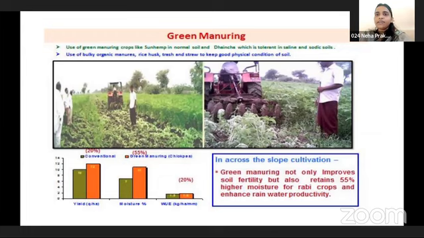While in the other, ex situ technology, we have to collect the leafy portion, that is, green leaf, from another field, from crops such as neem and subabul. We collect that leaf portion and bury it in our field, so that it is an important source of soil organic matter. So green manuring is an important technology from which we can sustain our soil.